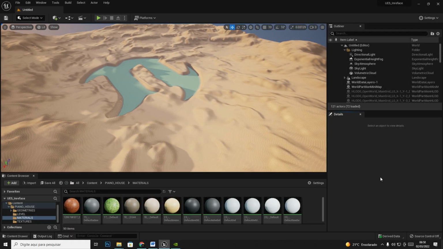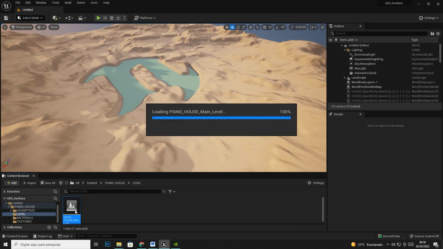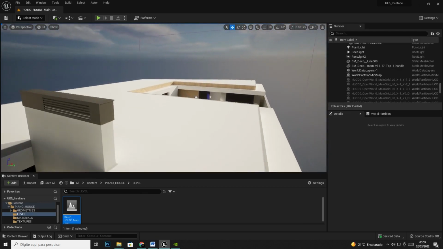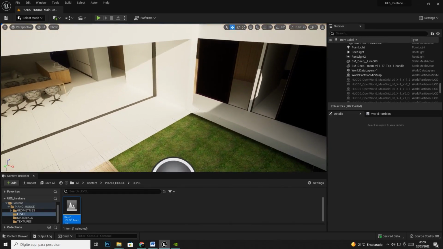Cool, we're back, and we're gonna talk about reflections. Okay, let's open our project, Piano House, and as you can see, for now we don't have reflections in our